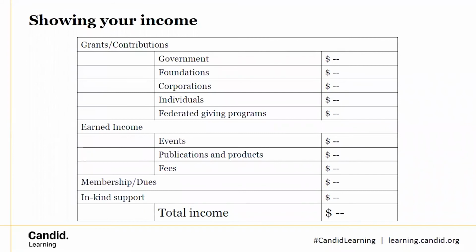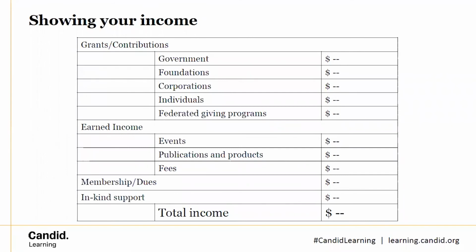So looking at grants and contributions, any contribution you have received from any kind of government organization, foundations, corporate grants, here you'll only be listing confirmed grants, not pending requests. Some grant makers may ask for pending requests as a separate document. And if you do include it, typically that will be outlined or listed as a separate attachment, or at least a separate page.